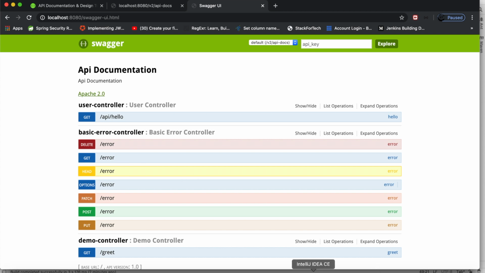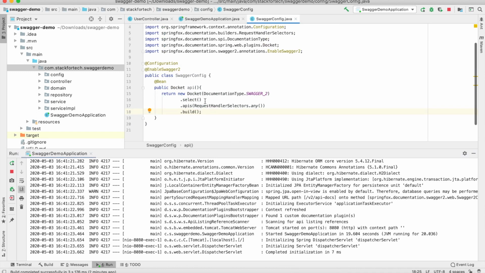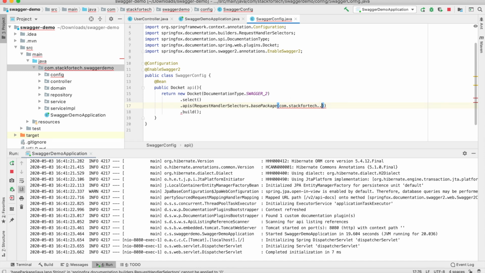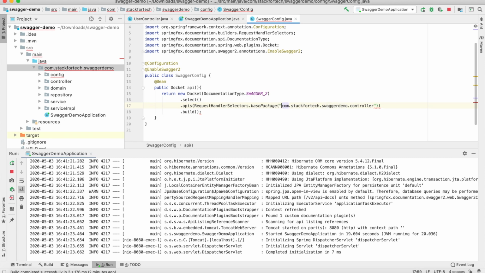So I'll go back to the Swagger configuration page, and instead of this request handler selectors, I'll just use a base package, and in here I'll give the package name, com.tech.swaggerdemo.controller. This is the package we want the application to look into, so that it will not go and grab those Spring default APIs. I'll just restart the application and see.